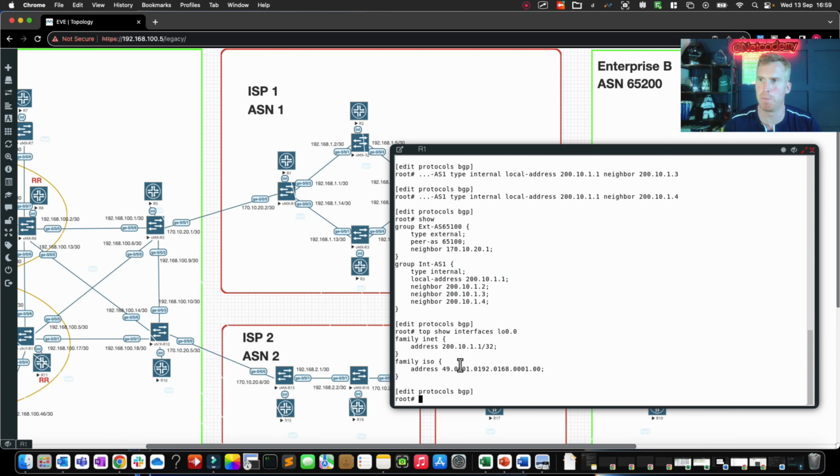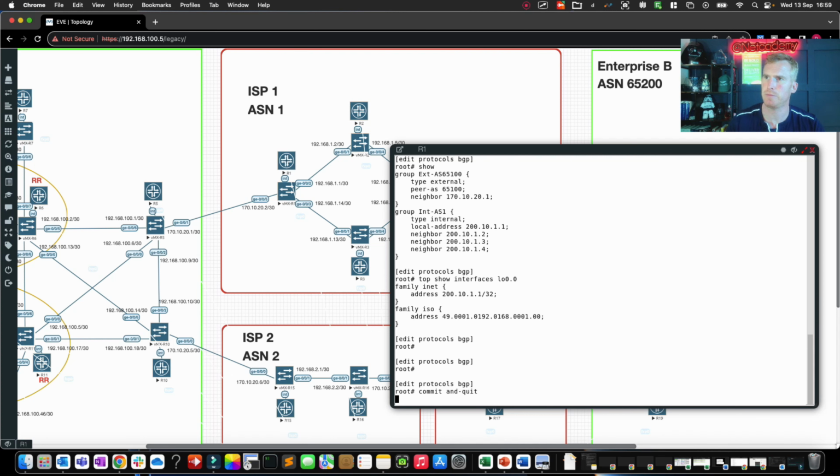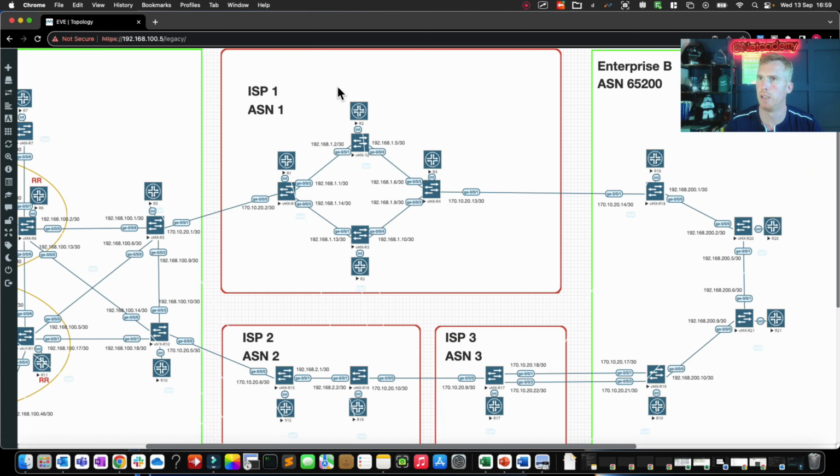So that's important because, as I said, the loopback 0 can have many units, or in the Cisco world called sub interface. It's exactly the same thing. So let's just do a commit and quit, and now I'm going to go on to router R2 and do